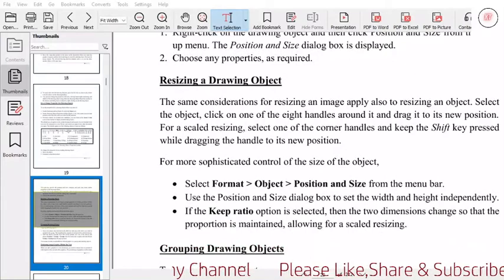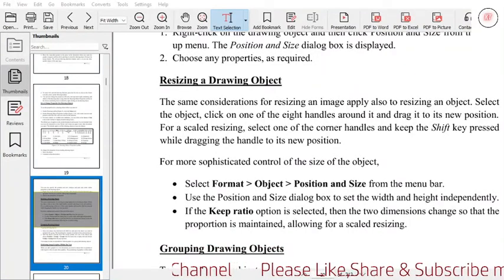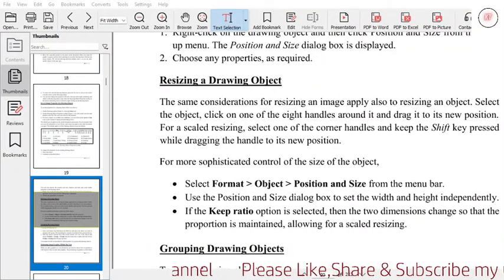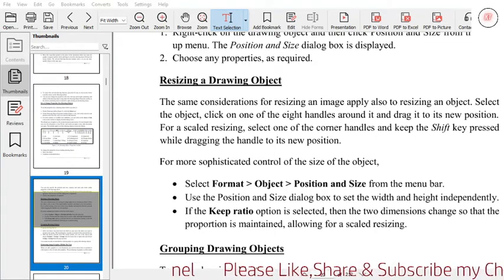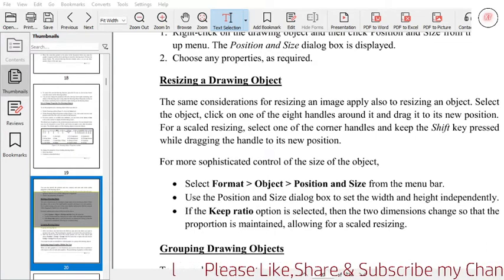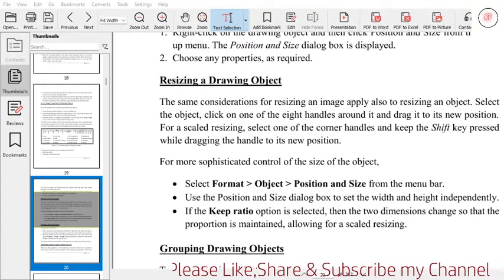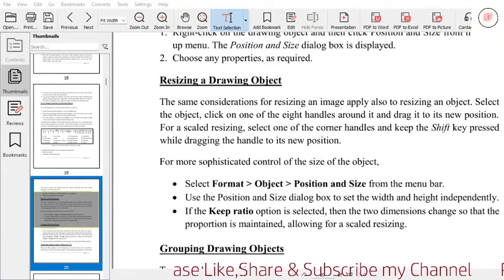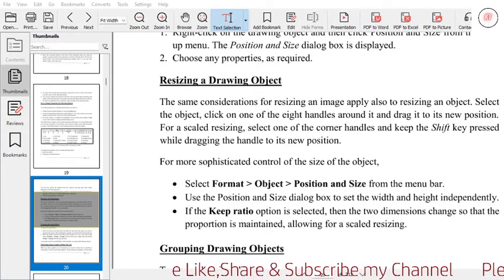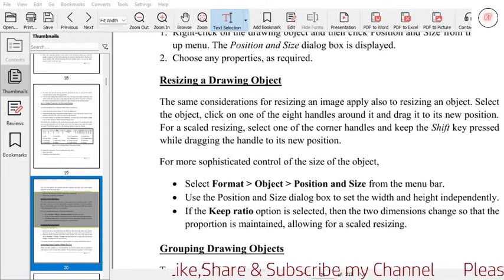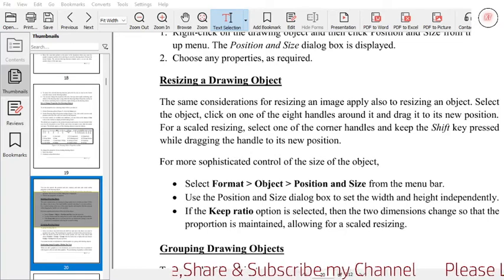Resizing a drawing object. How can we resize? Select one of the corner handles and keep the Shift key pressed while dragging the handle to its new position.